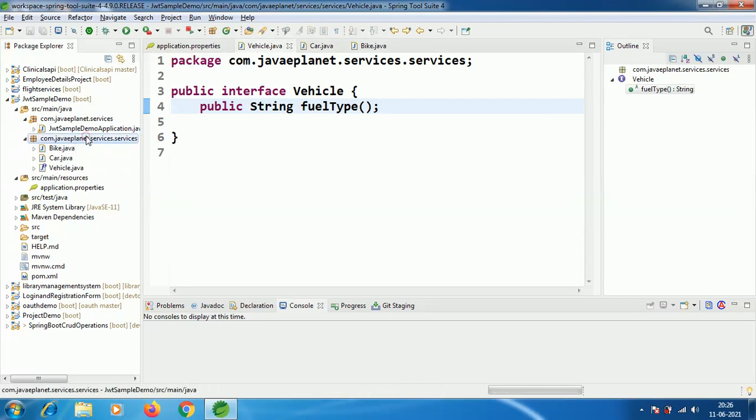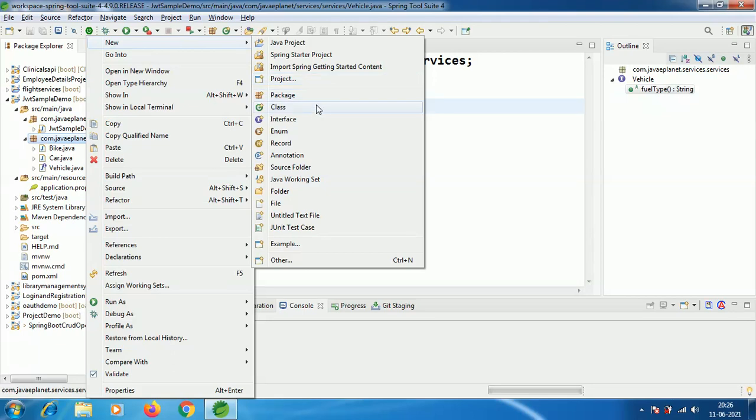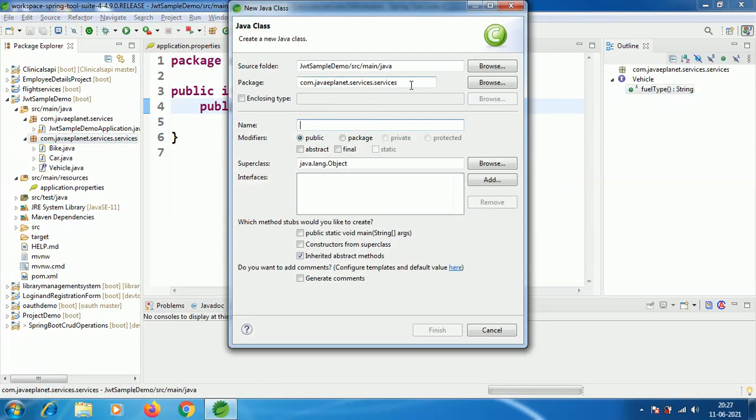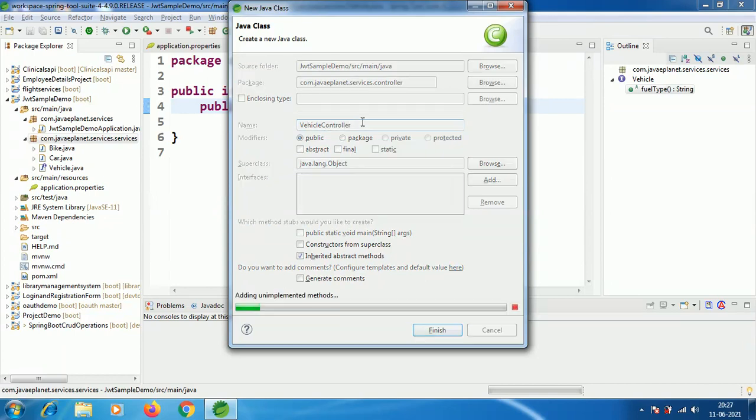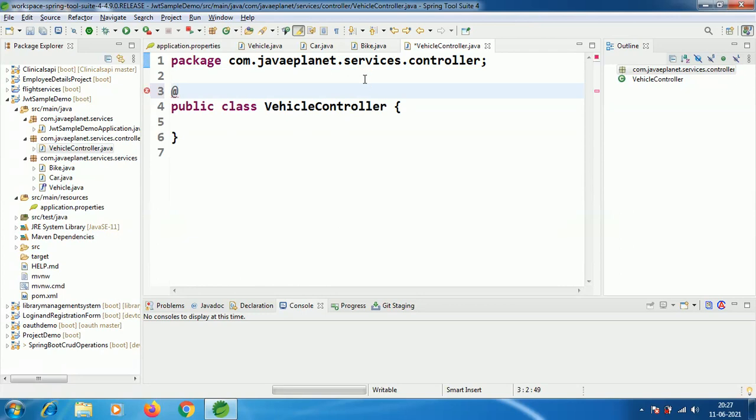Create one package, a controller package, and take one class, VehicleController. Annotate this class with @RestController.